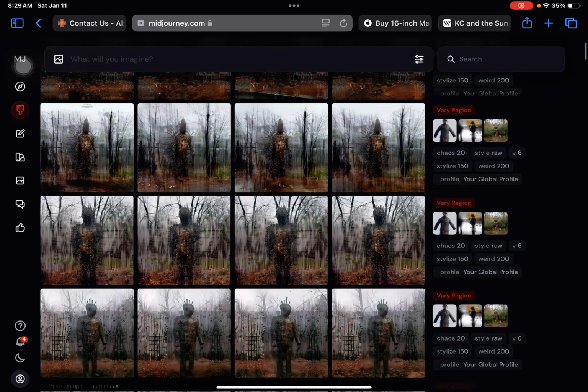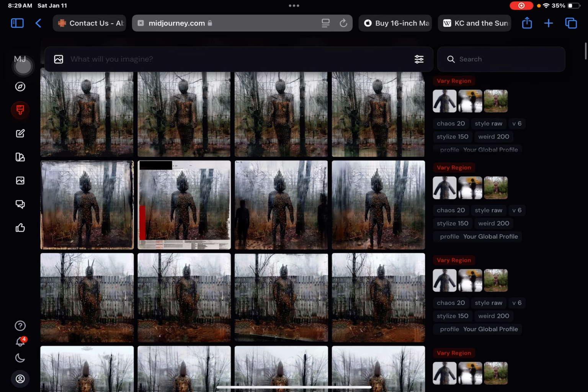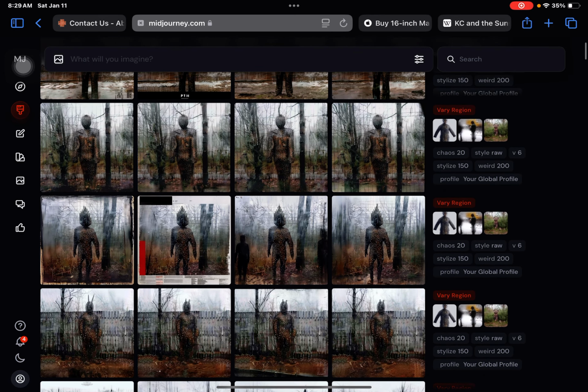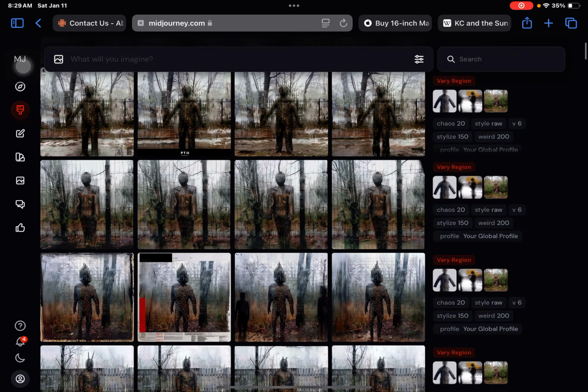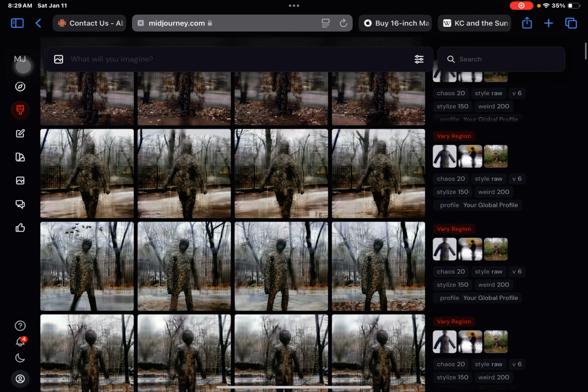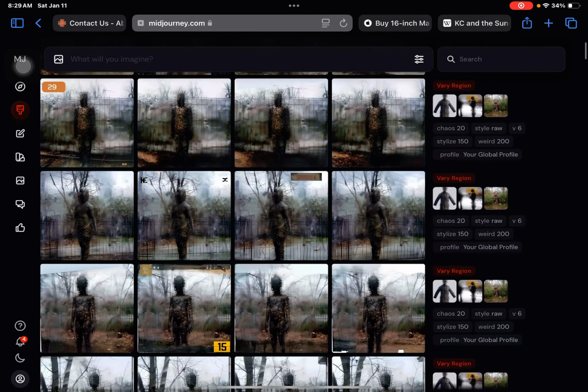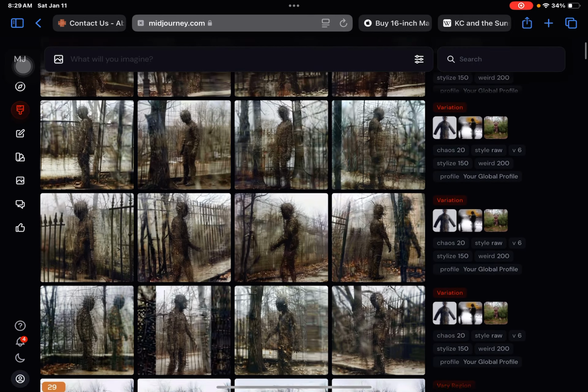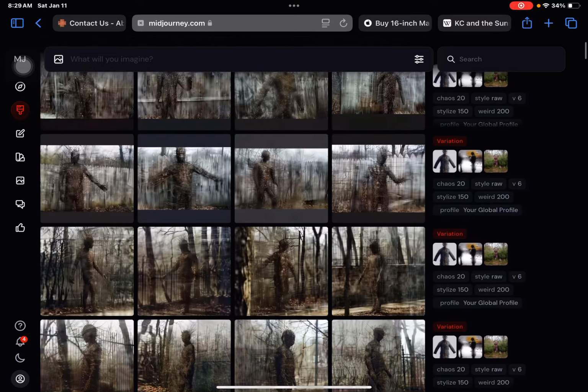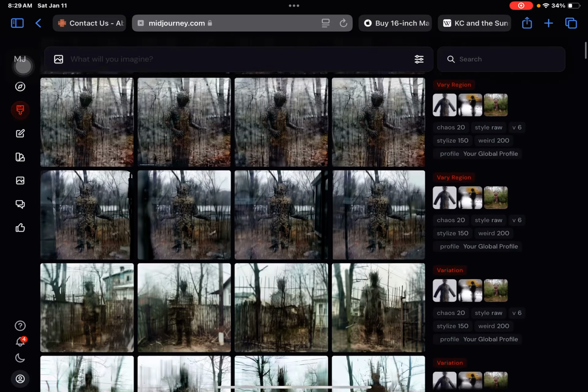And each time you pick something, it will kind of go, oh, you like spiky heads, okay, I can do that. So it starts to make spiky heads. You're picking the ones that you want, and the ones you don't want you're not picking. So you're developing